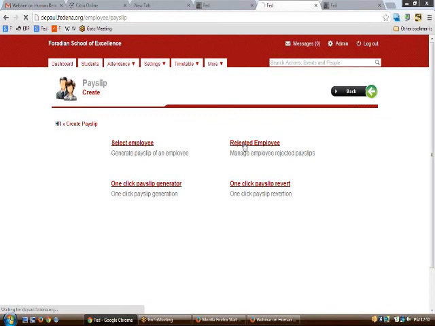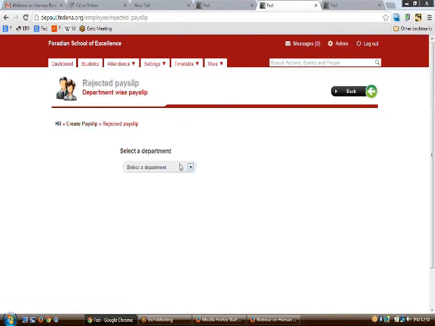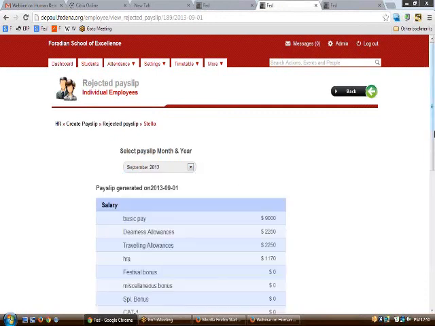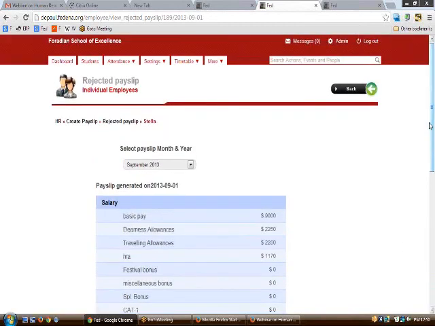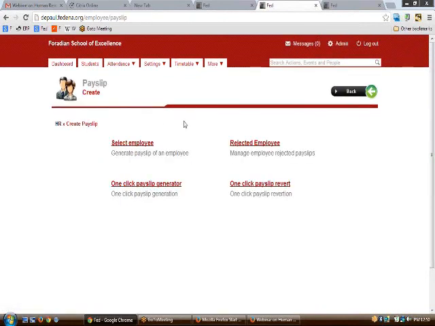As we have rejected the payslip of Stella right now, Stella's name would come up here. So Stella comes up as the payslip was not up to mark as per the person in charge of finance. The reason for the rejection can be seen here, as specified by the person in charge of finance. So this was all about the creation of payslip.